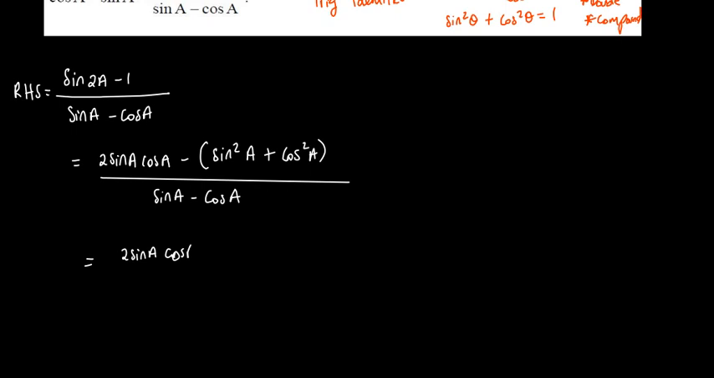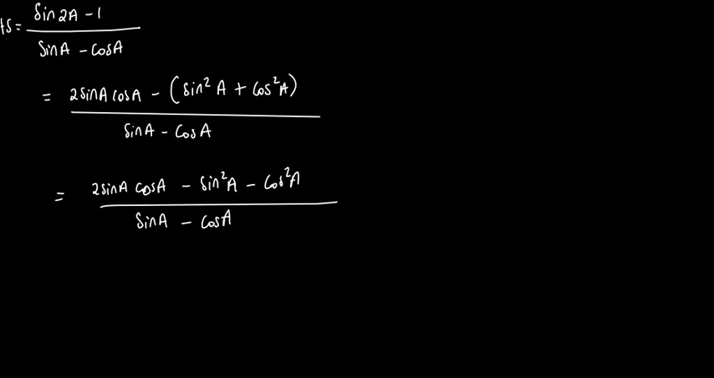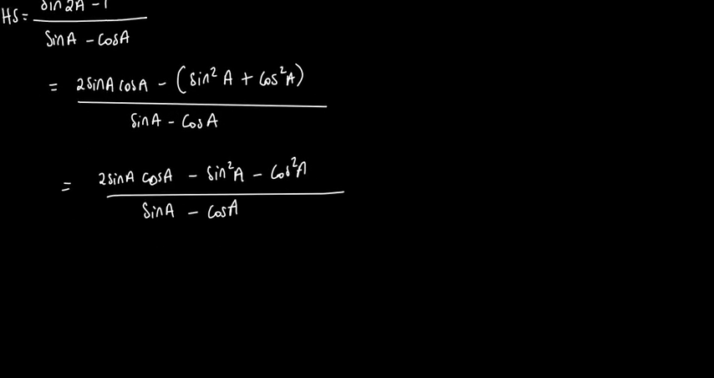Cos a minus sine squared a minus cos squared a, all divided by sine a minus cos a. Now, good people, to make things very easy, when you are at this point, you are more than welcome to say, because you see that these two are multiplying each other,